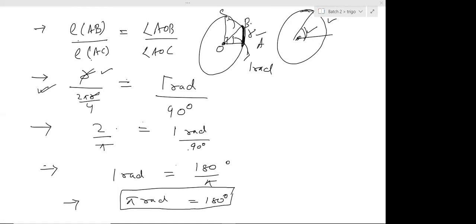Naman, the derivation is not that important, but you might have to use this in some questions if they ask you about these questions. You should know this proportional thing, that the length of arc is directly proportional to the angle. Otherwise the derivation in itself is not that important. Okay, Rahman, so length of AB is R. Length of AC,